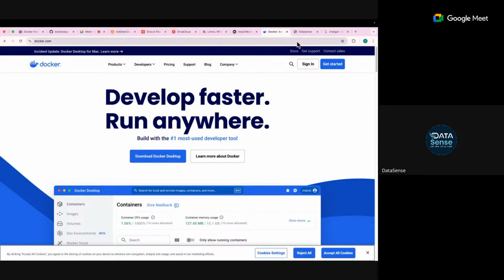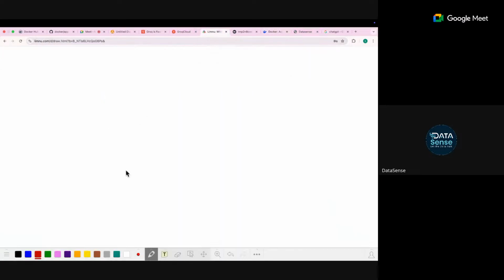Let's discuss a scenario first before we begin understanding Docker. Suppose let's take an example of McDonald's, or let's take the example of Pizza Hut or Domino's, whatever you feel better.